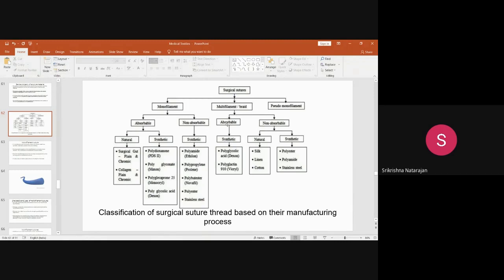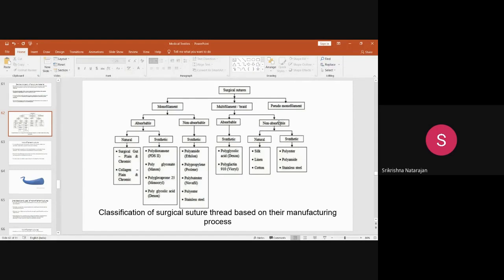These are classified on the basis of absorbable or non-absorbable. If you see in the multifilaments, under the absorbable categories, there are synthetics which are available, which is called polyglycolic acid, Dexon. Similar to the one which you are seeing here. Here you can see the same Dexon, polyglycolic acid. And the next is the polyglactin 910. This is another synthetic type of a multifilament thread, which is sold under the name called Vicryl. So these are all the synthetics, but it is absorbable inside the human body.